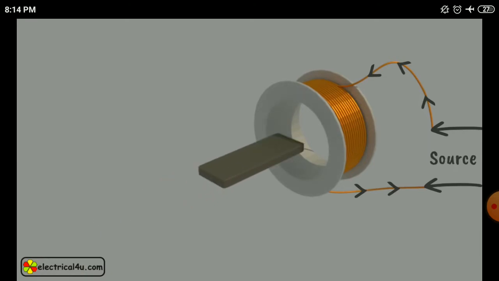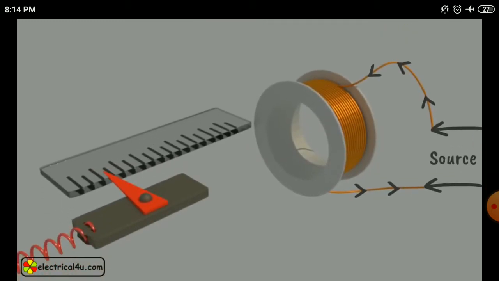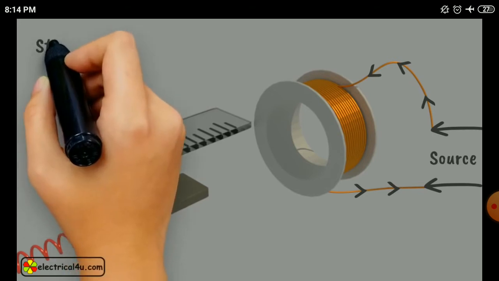This iron vane will move in such a way so as to increase the flux of the electromagnet. Thus, the vane tries to occupy a position of minimum reluctance. Thus, the force produced is always in such a direction so as to increase the induction of the coil. A pointer is attached or fixed to the vane. As the movement of the vane depends on the strength of electric field of the coil, the position of the pointer also depends upon the strength of the electric field.